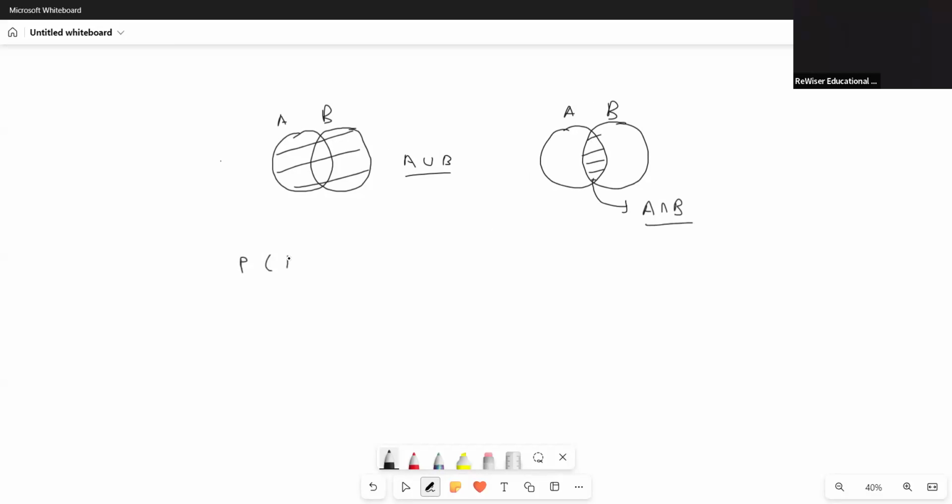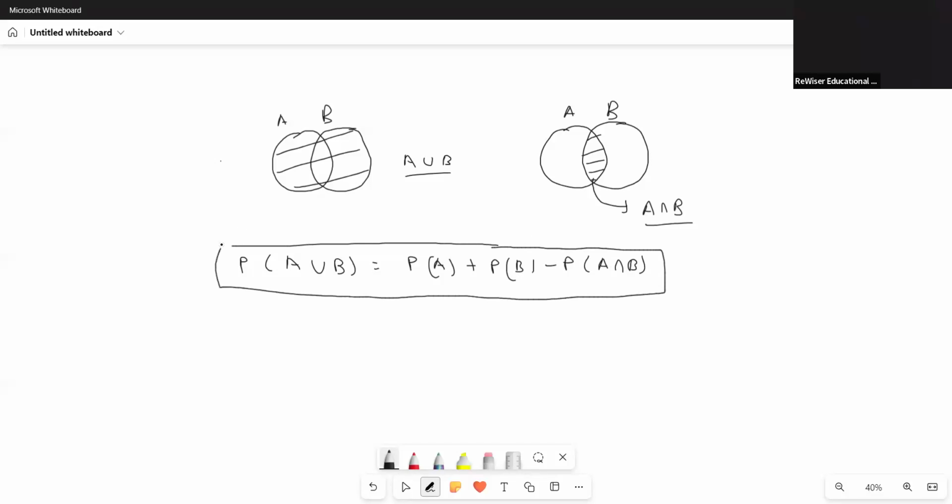A very important form of probability says P(A union B) must be equal to P(A) plus P(B) minus P(A intersection B). This is a very, very important form which we normally use in probability equations, and we get a lot of sums based on this. One type of problem that can be asked is they can give you the value of P(A union B) as something, suppose an example 0.9. They can give you the probability of A as 0.2, and they can give you the probability of A intersection B